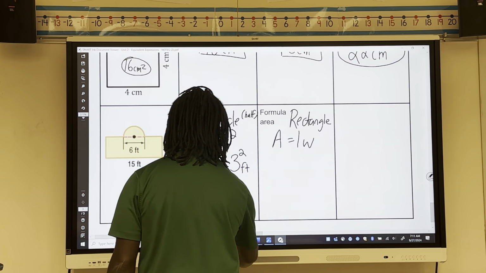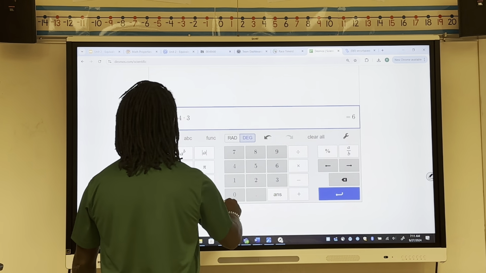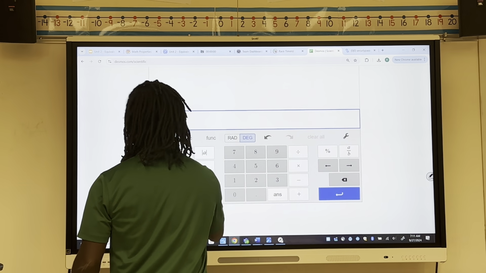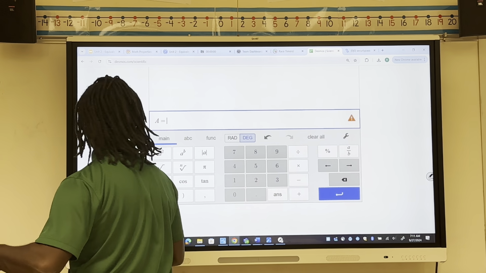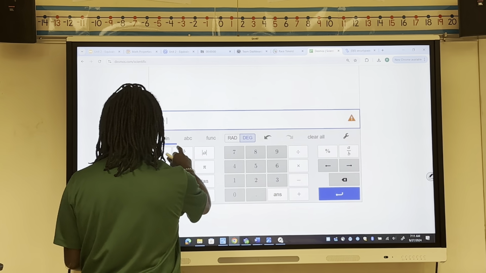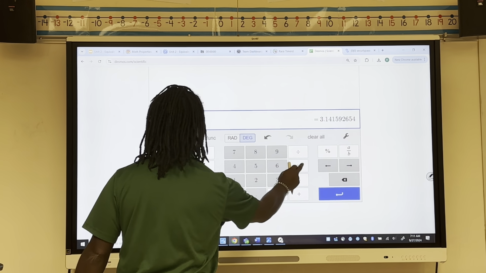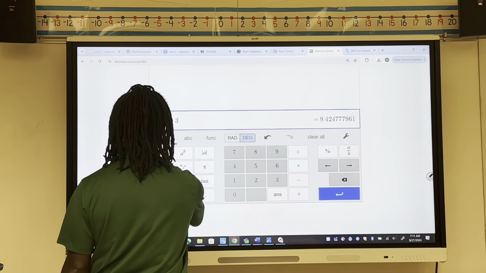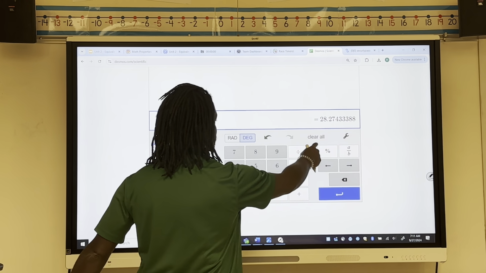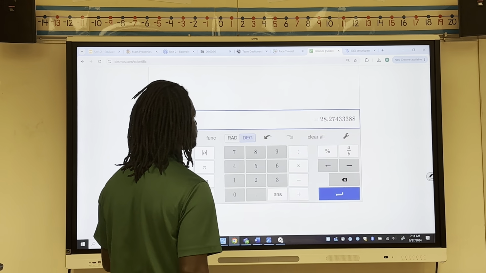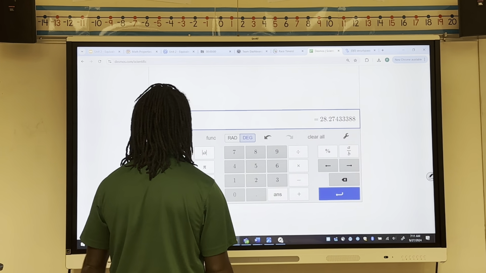So I'm going to flip over, okay? A equals, again, I don't have to put the A, but I want you to see that you can. Pi R times R, and R we said is 3 squared. So my answer is 27, and I'm just going to round it to the nearest hundredth. So it's